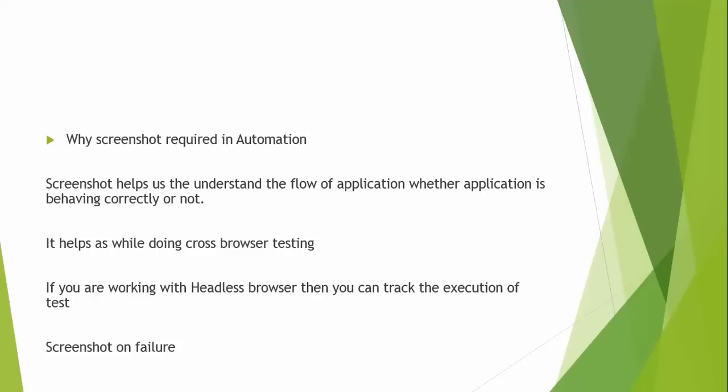And the most important part which every automation tester has to implement in their framework, like a screenshot on failure. Okay, that's very important because automation scripts fail very frequently due to your scripting issue or due to the application issue. Okay, so every time you should get a screenshot on failure so that at least you can identify whether your script is having some issue or your application is having some issues.